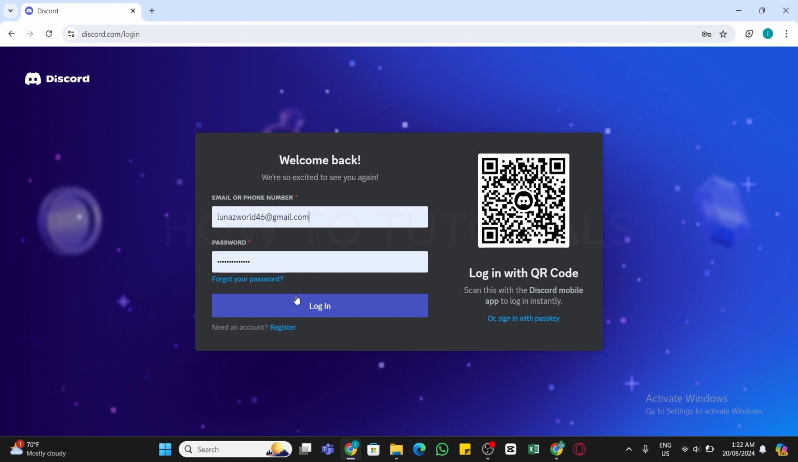But if your Discord account is disabled due to a violation of their terms of service or any other suspicious activity, then you need to check for any email from Discord. Discord usually sends an email to the address associated with your account. The email often includes the reason for the disabled account and steps to recover it. If you haven't got any email from Discord, then you may also go to the Discord support page and there